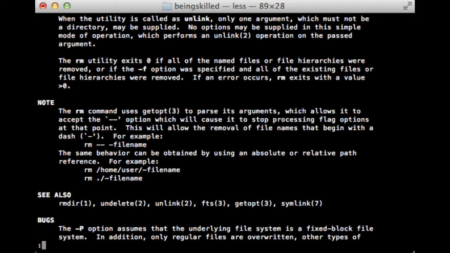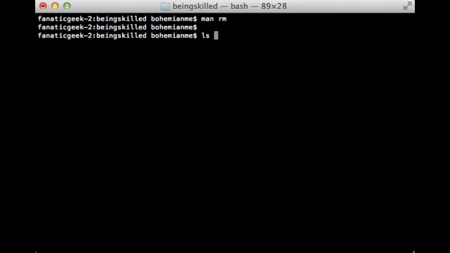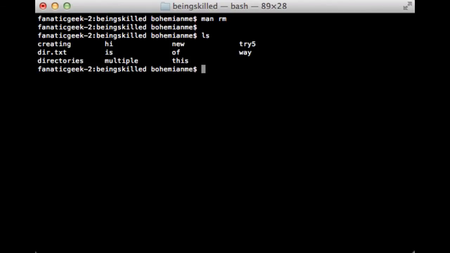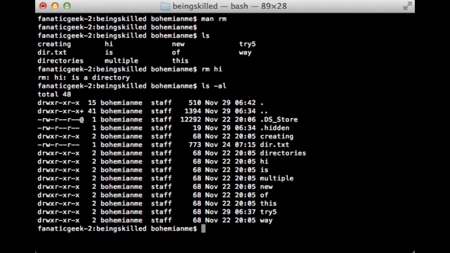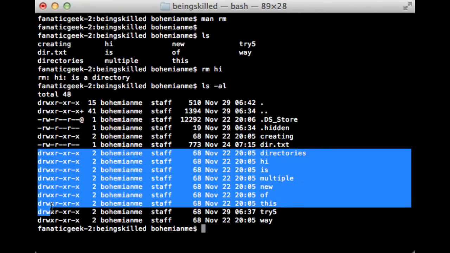So let's try removing some files. Let's say you want to remove hi, which is a directory, so it can't be removed. How do we get to know that a file is a directory?